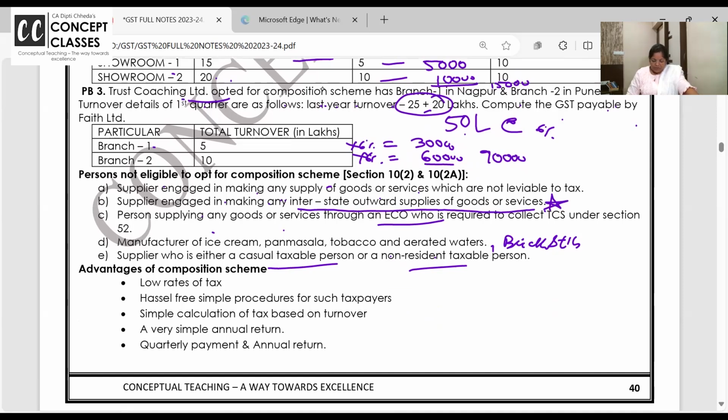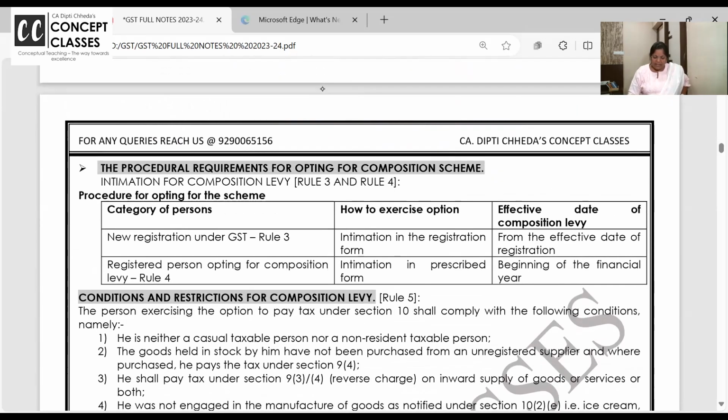Advantage is, if they ask you a theory question, low rate of tax. See, when small people are paying 1% and 6%, and those who are claiming output input are paying 18%, even they are competing. Hassle-free, simple procedures, quarterly payment and monthly payment, quarterly return, simple calculation, very simple annual return. So these are the advantages. Okay. Now,